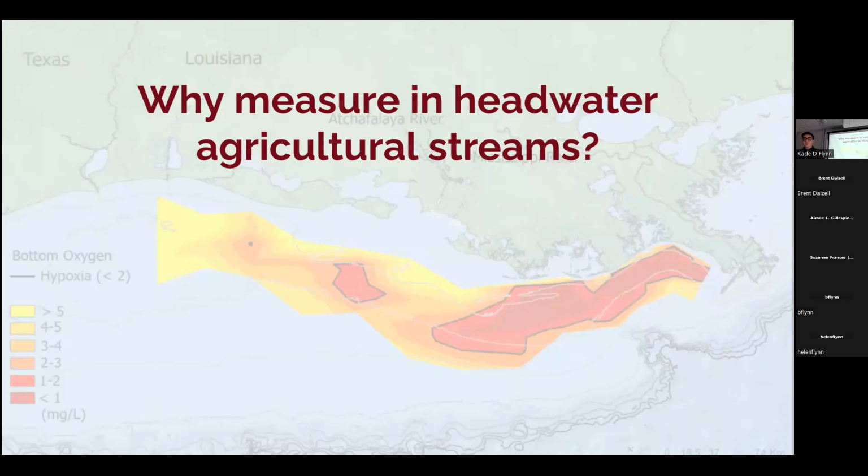So that begs the question, why measure in these headwater agricultural streams? Well, this combination of adding nitrogen to the landscape, draining water from the landscape to these surface water streams, as well as human-induced climate variability that's increasing precipitation in the region, has created these conditions in which a lot of nutrients are lost from the landscape. And there are environmental consequences of this. Pictured in the background of the slide is the extent of the Gulf of Mexico hypoxic zone in 2022. This is a continental scale issue that is largely attributed to nutrient loss from these Midwestern states. This environmental degradation